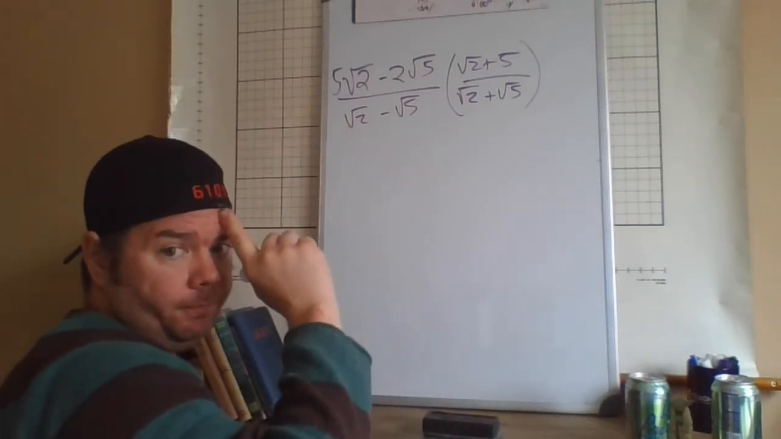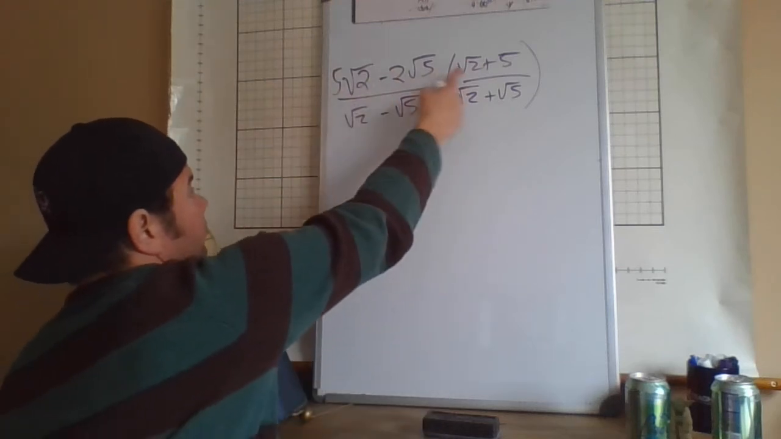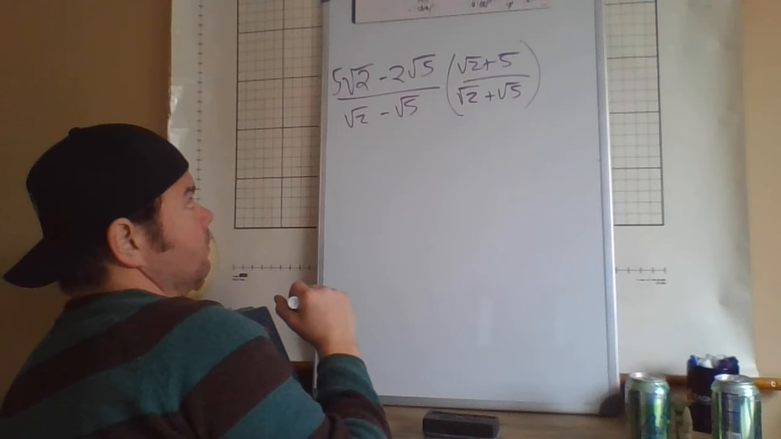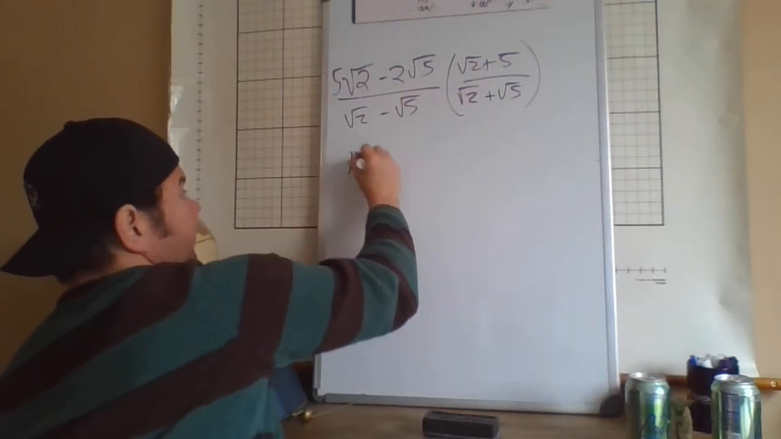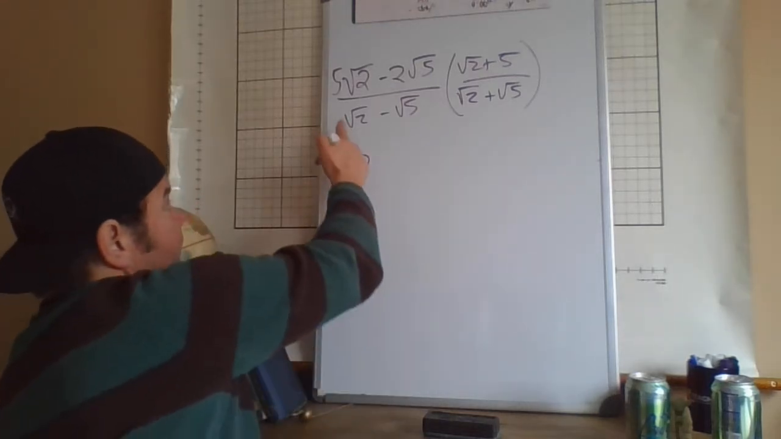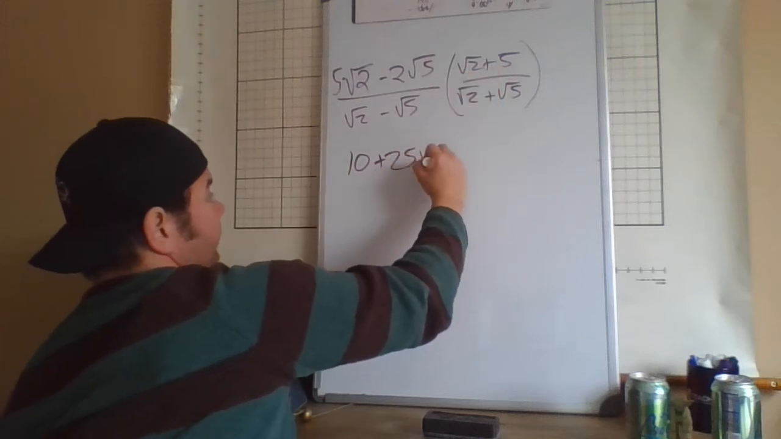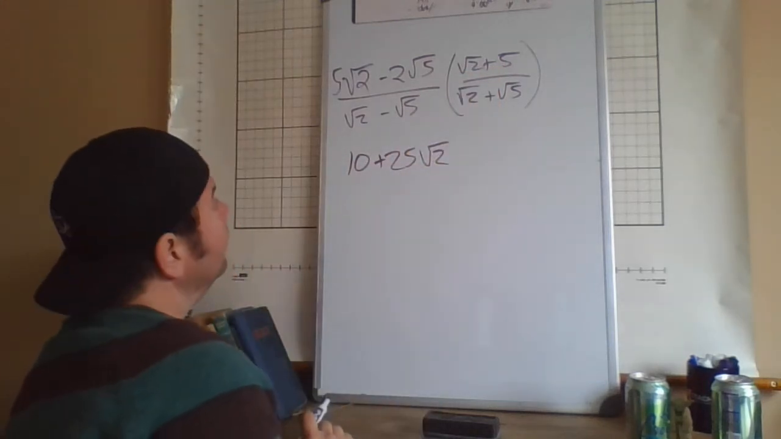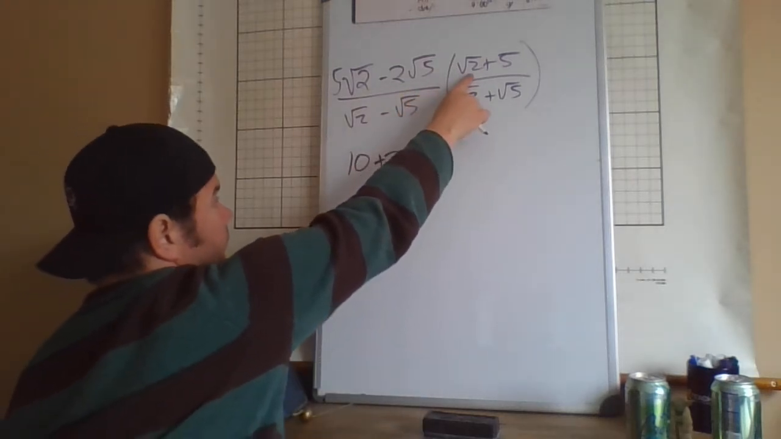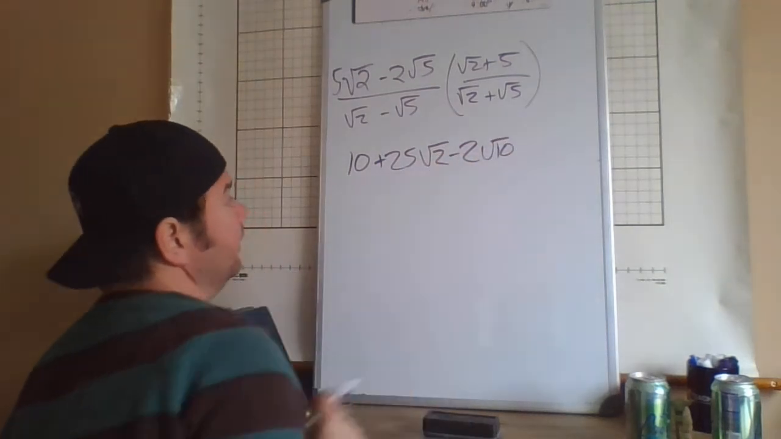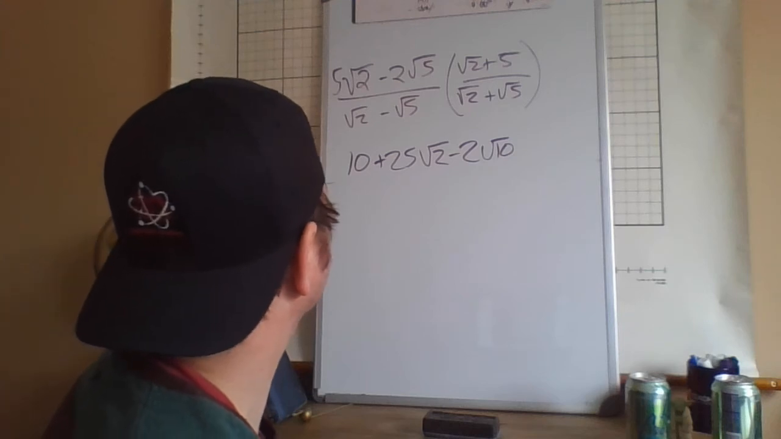So, again, here's what's happening in my 41-year-old brain. 5 times the square root of 2 times the square root of 2. This times this is 2. 2 times 5 is 10. Outside terms, 5√2 times 5 is 25√2. Inside terms, negative 2 times √5 times √2 is negative 2 times the square root of 10. And then the last terms,